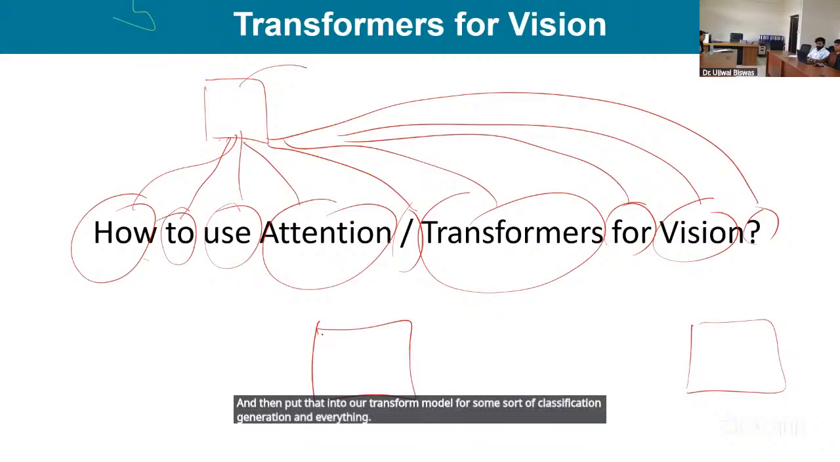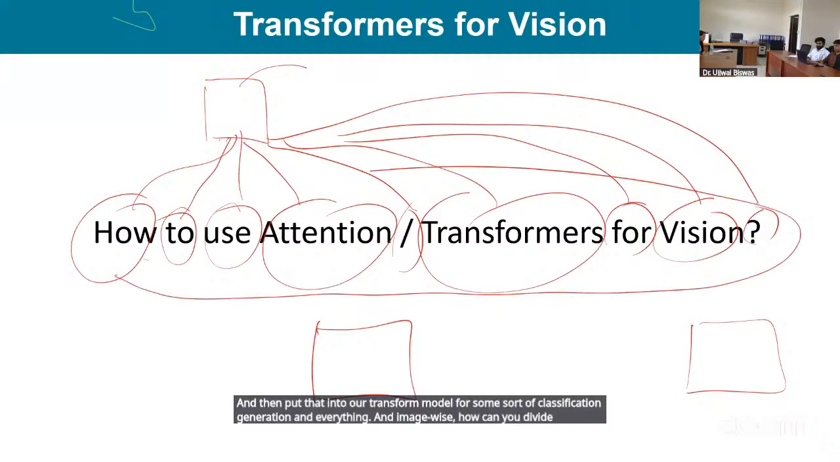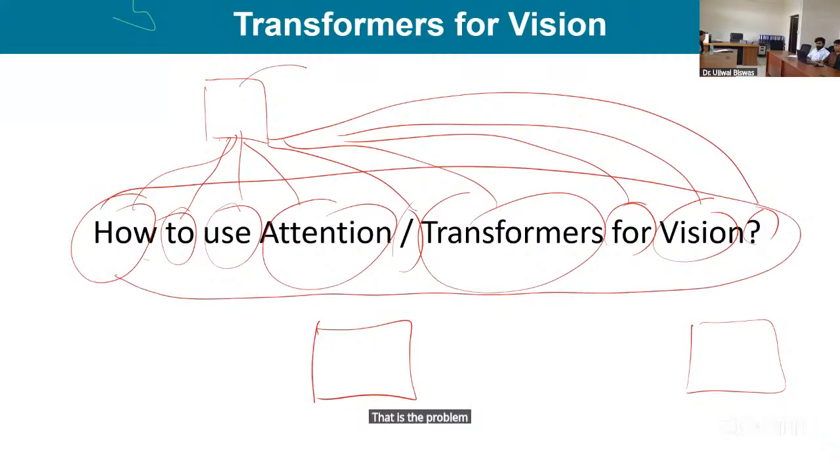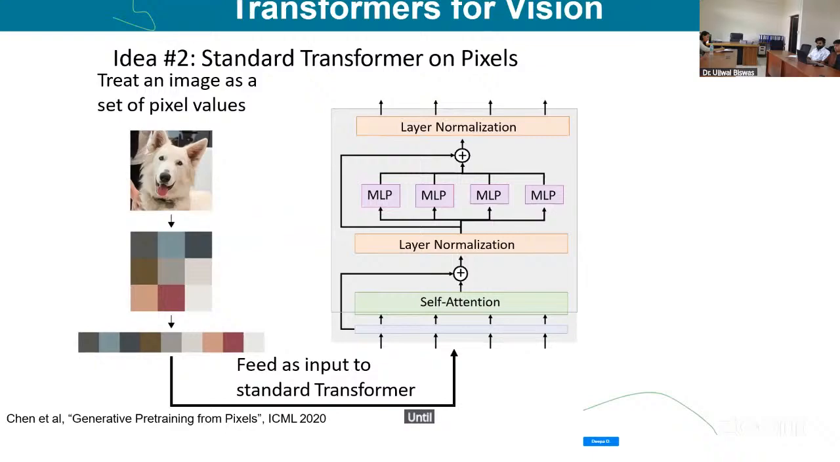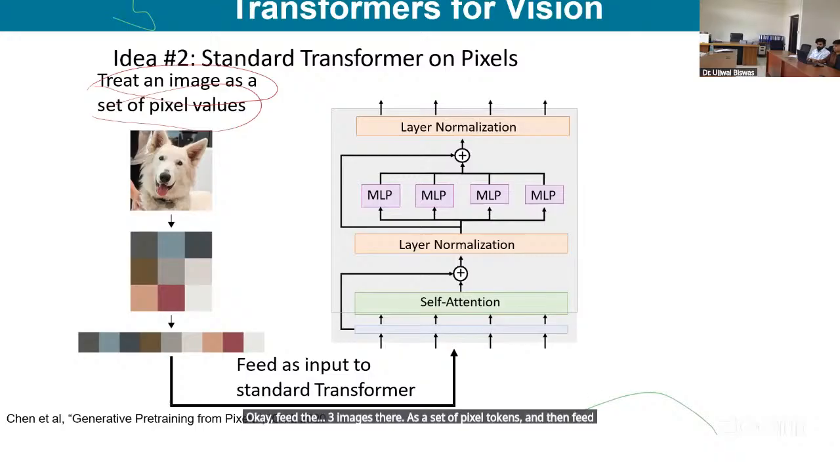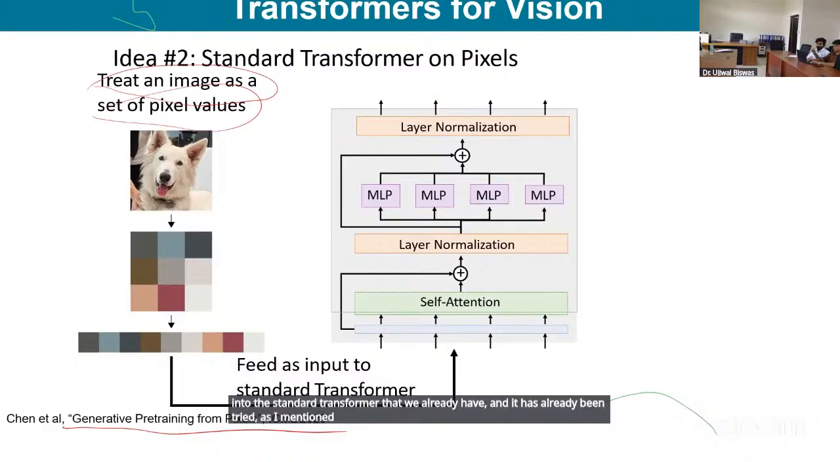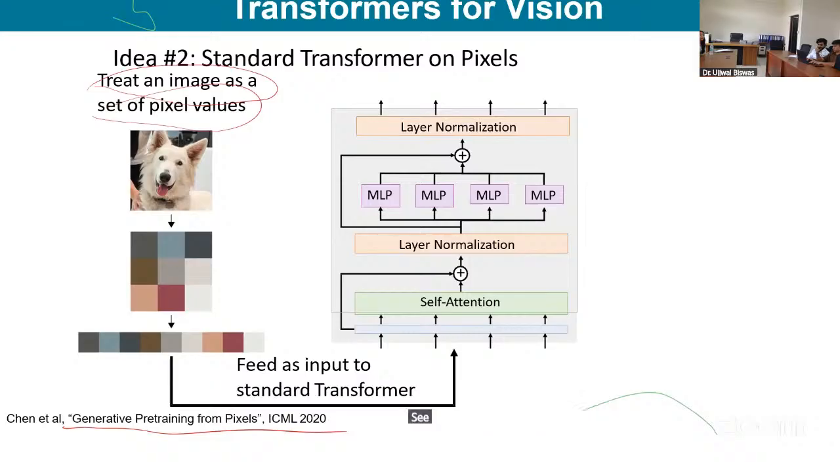And image-wise, how can you divide this? That is the problem. The first intuition is to use the pixel level. You use one pixel as one token, another pixel as another token, and keep on going, feeding the image as a set of pixel tokens into the standard transformer that we already have. It has already been tried, as I mentioned earlier, in this reference, and then we can see if it works or not. Now, as you can see, the problem here is, in case of language,